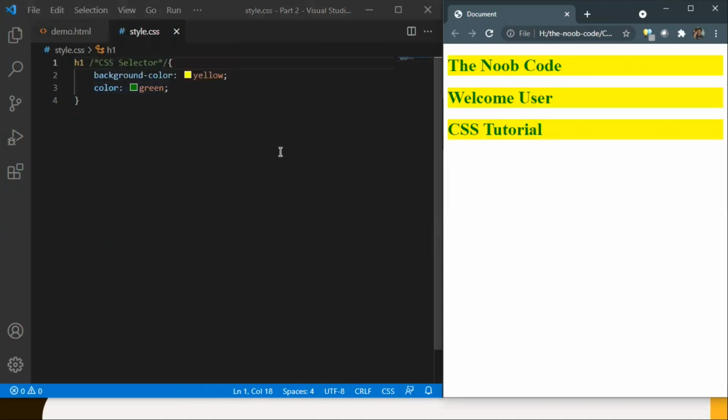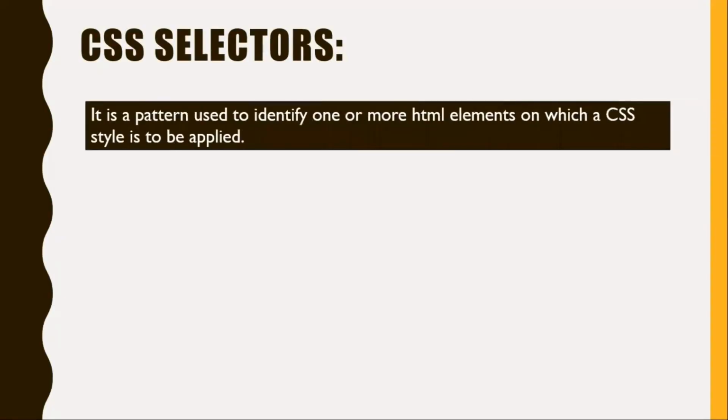This particular element that we have defined is known as a CSS selector. So, best put, a CSS selector is a pattern used to identify one or more HTML elements on which a style is to be applied. Now, why did I say a pattern? So far, we simply put the element or tag name as a selector, like h1. But there are many other types of selectors, and that is why a pattern is the right word in the definition.